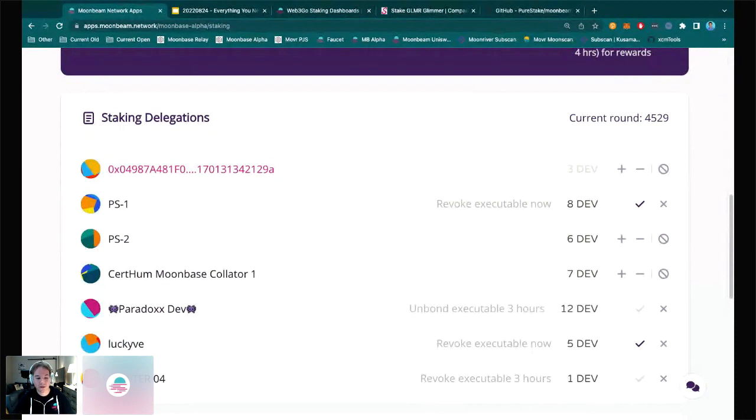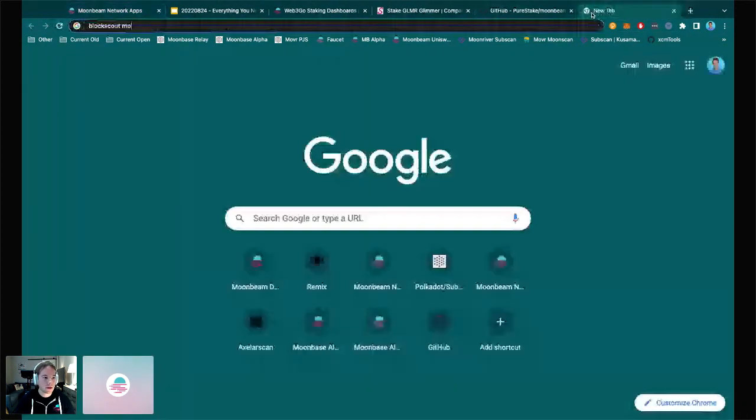And this amount of time is a period of blocks. And block production can vary. So it varies not just because of Moonbeam or Moonriver, but it also varies because of the relay chain. So in the case of Moonriver and Kusama, Moonriver blocks have a block time, so to speak, of 12 seconds. That's the target. And if you go to a website like Blockscout, so if I go to Blockscout Moonriver, you'll see,